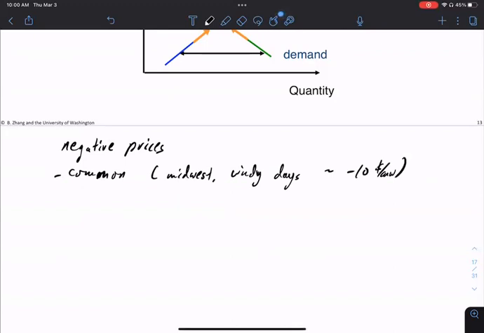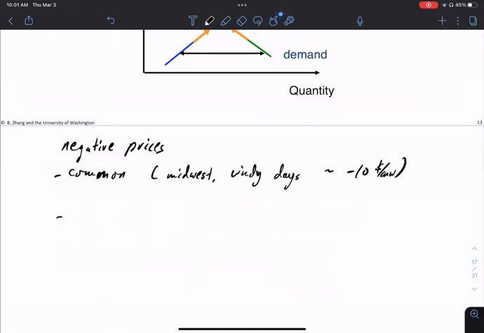It's getting paid to consume power, which is probably not very good for the environment, but you do see these kinds of prices. And the reason for negative prices to come in is